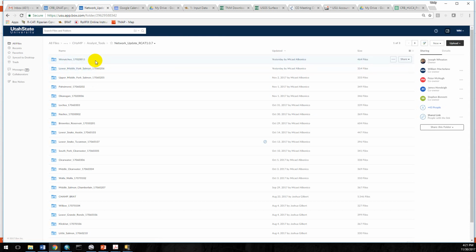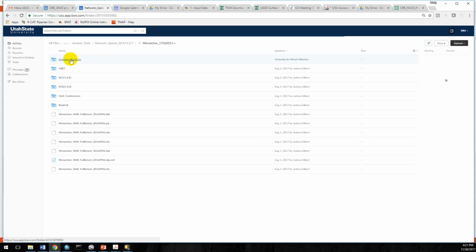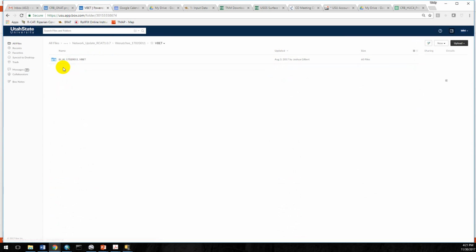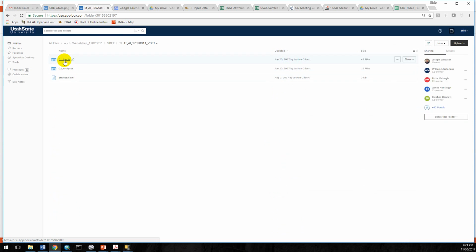So what I'd suggest is to use that tracking spreadsheet to find out which are high and medium priority watersheds. Working with the high priority first, go in. And so for example, Wenatchee, go into the Wenatchee, and the data, you guys basically will need a DEM and a network. So if you go in the VBET folder and then go into that particular watershed folder, and by